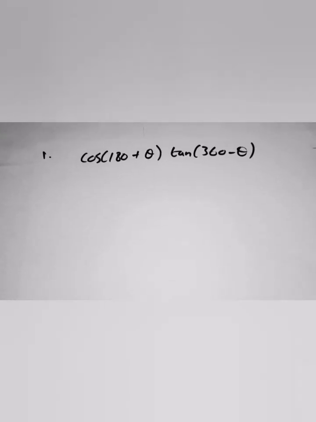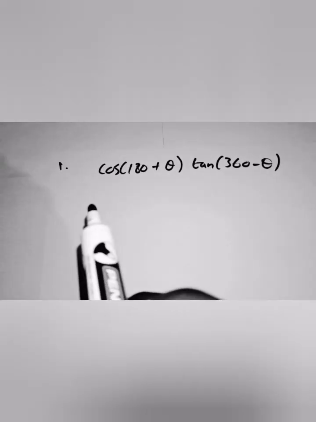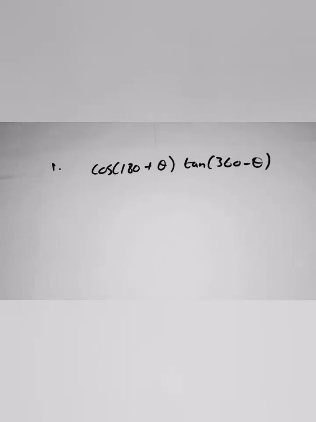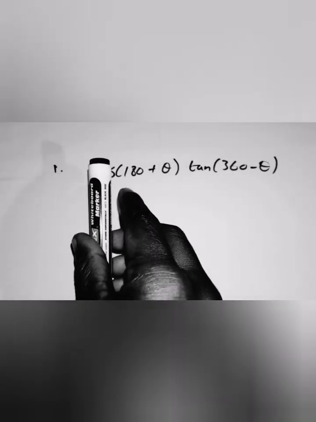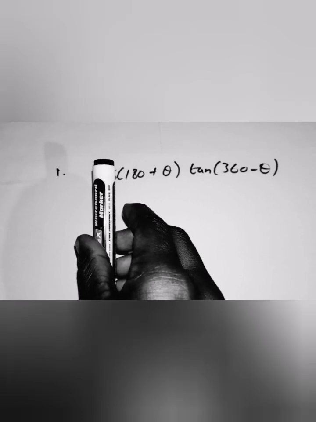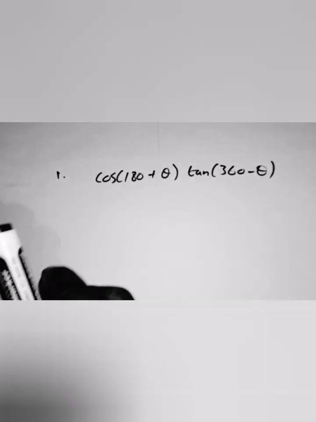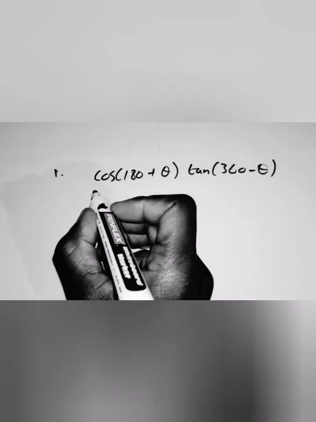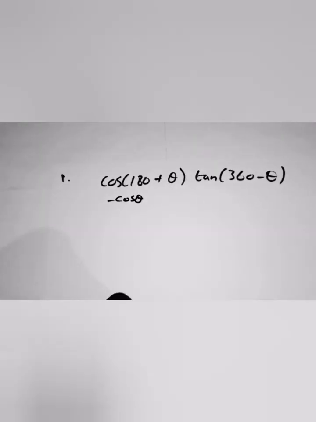All right, let's simplify this thing. Remember, the first thing, you close the trig ratio, deal with what's inside the bracket. Then after that, you conclude. Okay, now the first thing that you must do here, you know that 180 plus is in the third quadrant. So you close the trig ratio. In the third quadrant, it is tan that is positive. So if I remove this and find that it is not tan there, it will be that thing, but now it will take a negative sign. Why? Because it is the quadrant that cos doesn't belong in. So we have negative cos theta